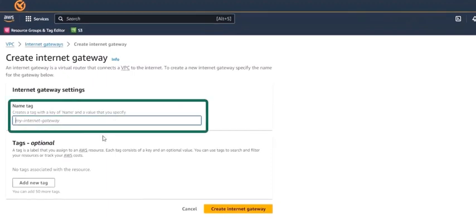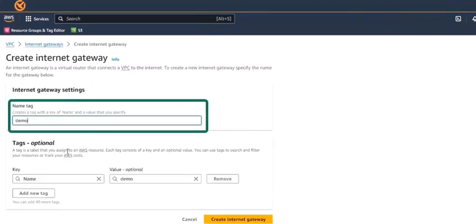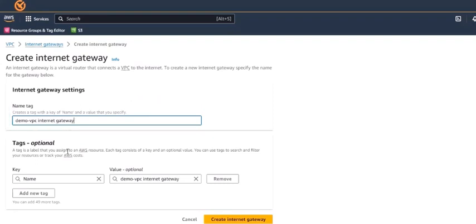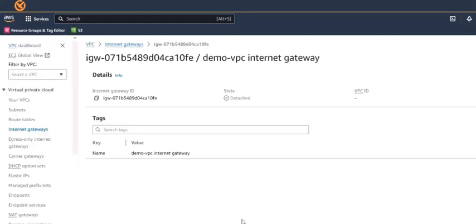And then in the name tag field, we can enter demo-VPC internet gateway. And select Create internet gateway after that, at the bottom of the page.